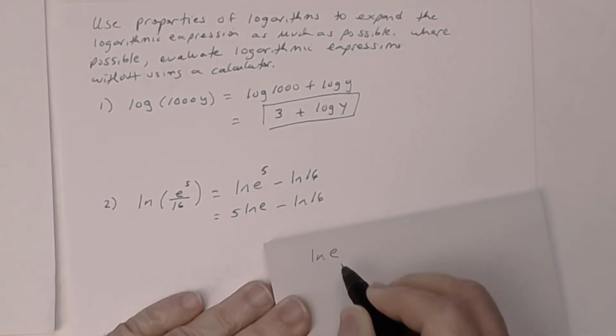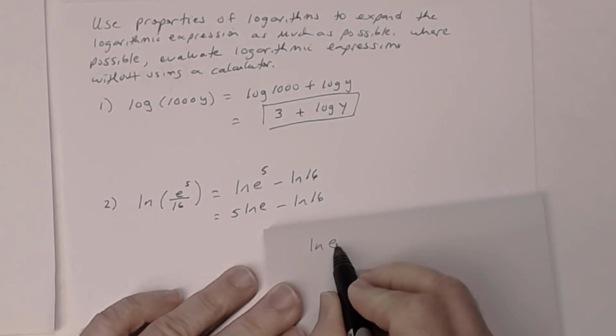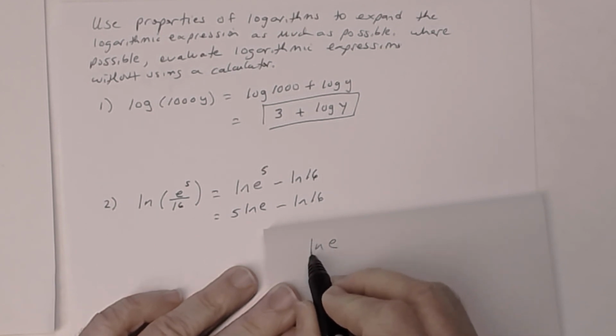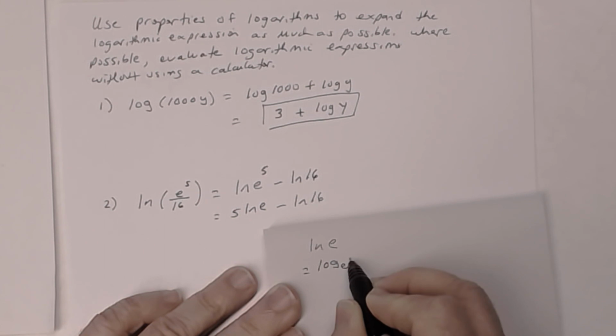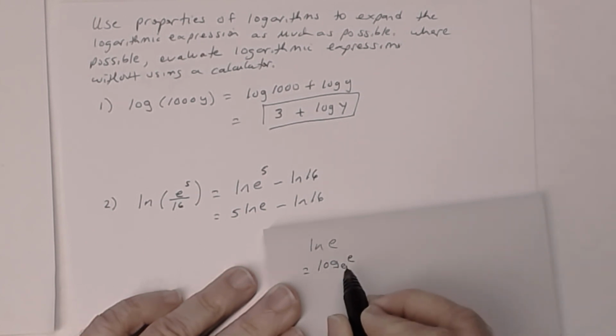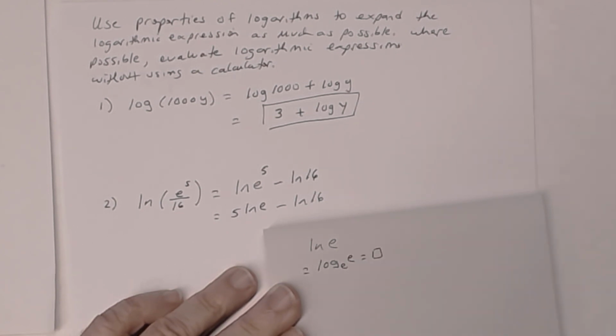All right, natural log of e. Okay, so remember, the ln, the natural log, is understood to be base e, right? So if you think about it, we can actually write this as log base e of e, or log of e base e. And if I want to write this as equal to a box like I did